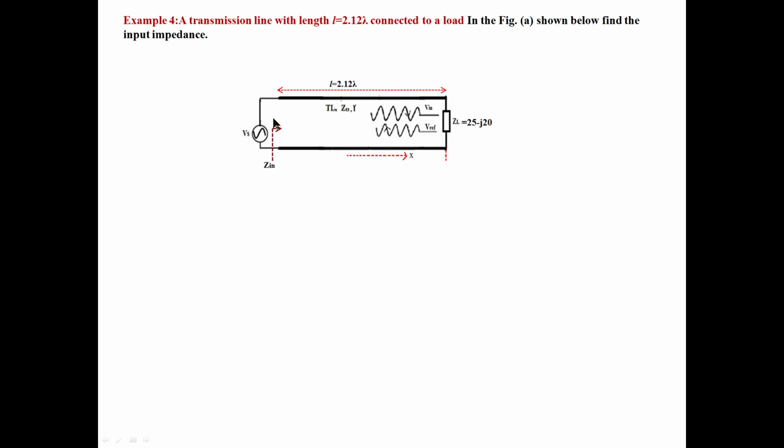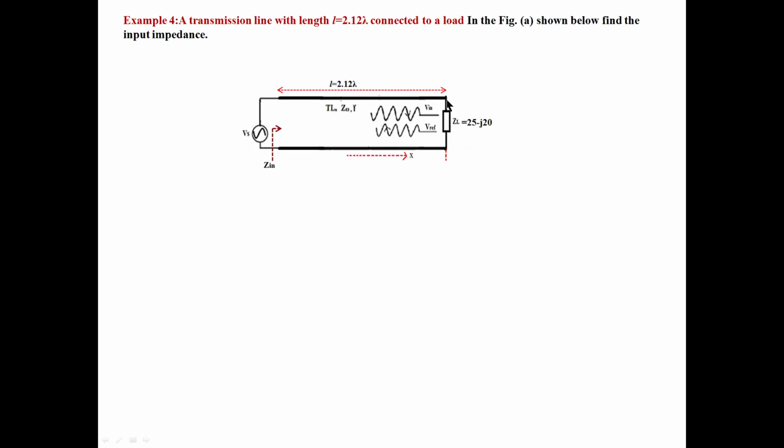The input impedance here is not equal to the load impedance on the transmission line. It is not like low frequency and DC, where we treat this line as a short, so if you measure the impedance according to low frequency, it is equal to the load. But at high frequency and RF, it is not like that. The input impedance here is not equal to this; you should find it based on the length of the line.